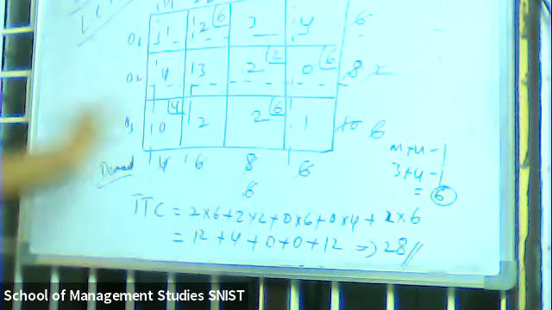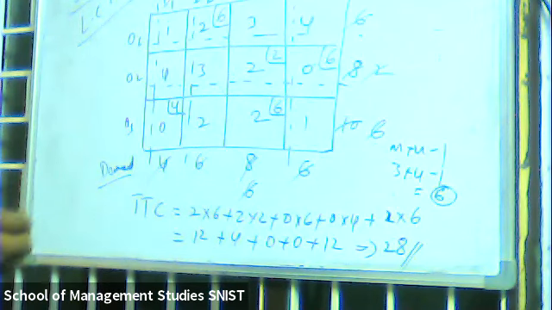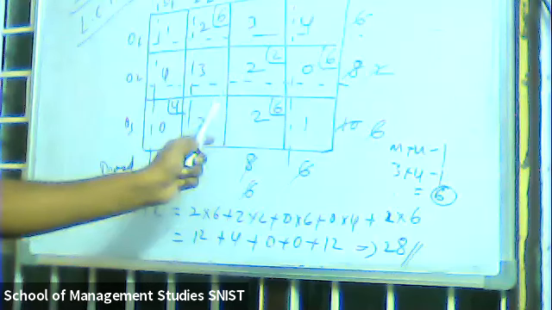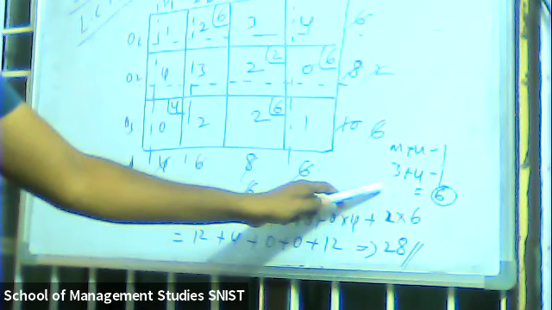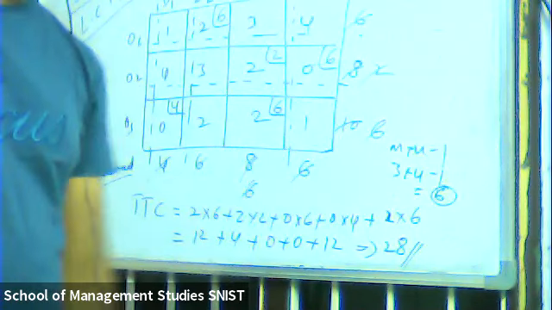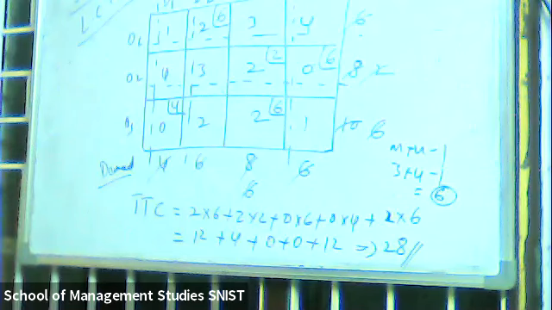So if this is the case, then how to do? Then we'll do it in the Modi method. Okay, clear? We should get exactly 6 allocations, but whereas we got here 1, 2, 3, 4, 5. So it is less than m plus n minus 1, which is called degenerate. If it is degenerate, then we have one more procedure, which we will solve in the Modi method. If I explain it now itself, you will get confused. Fine.